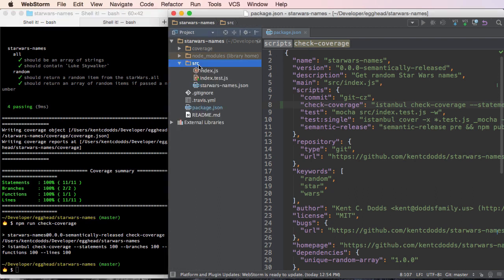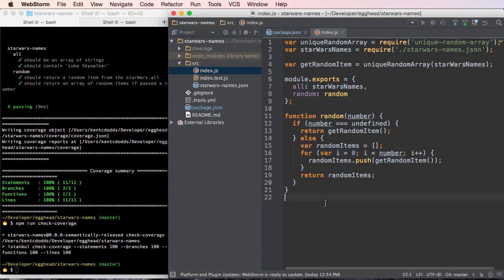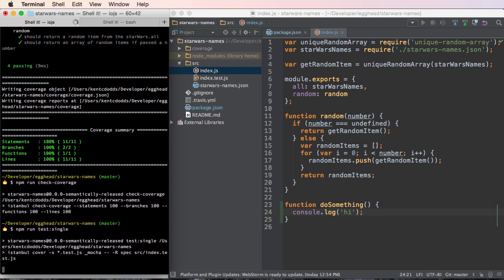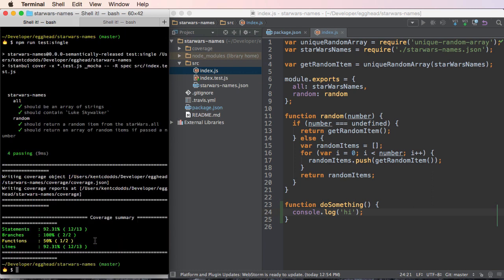Let's go ahead and drop our coverage a little bit. If I add a random function in here, doSomething, and we console.log hi, our tests aren't running this, our code isn't running this, so this function won't be covered. Now if I run npm run test single to get our coverage reporting, you'll see that our functions are down to 50%. Now if we run npm run check coverage,